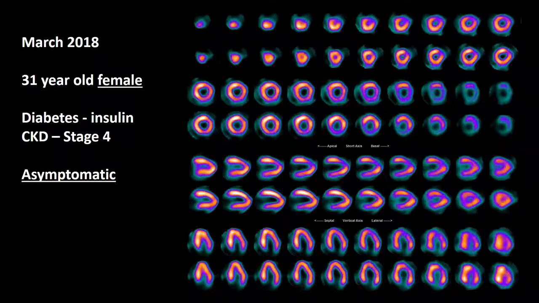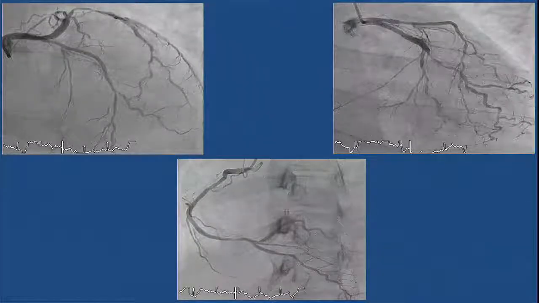This is a patient we studied last month at the Northern. This is a young female asymptomatic patient with diabetes and stage 4 chronic kidney disease, and you can see she has a reversible perfusion defect involving the anterolateral wall with a small residual perfusion defect at rest, but nevertheless a positive study. And I went on to perform her angiogram, which shows significant 3-vessel disease with bifurcation disease in the